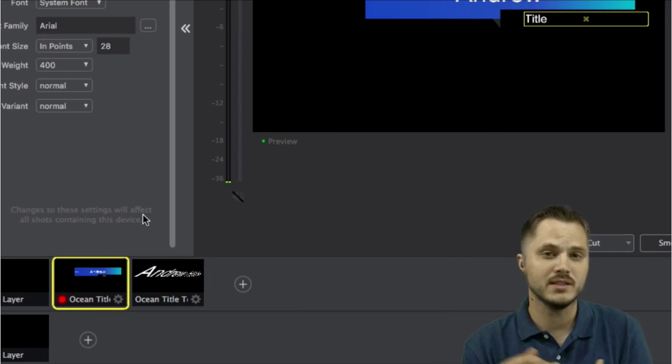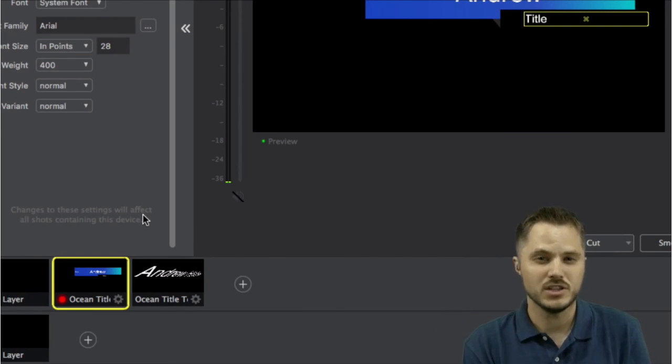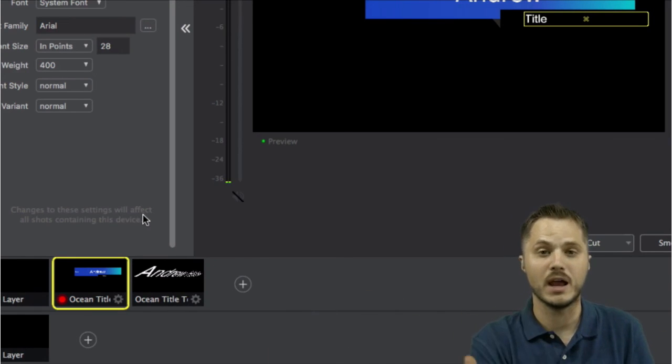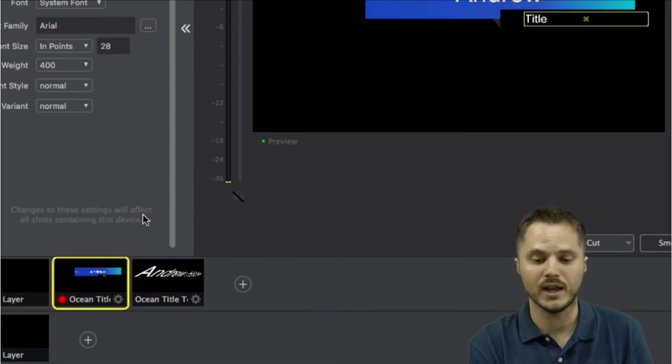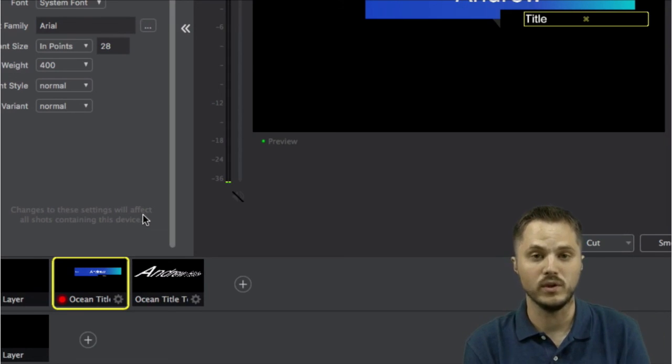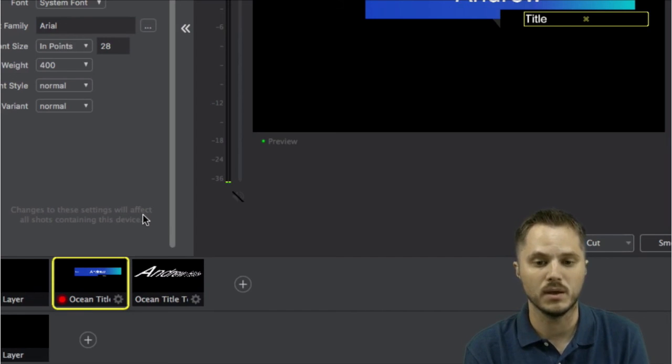All the source settings in the source settings window in 6 and below, anything you changed in there was going to affect actual shots, because you're actually now messing with the underlying content or source that Wirecast is using for all of those shots. And those sources and those settings are global and will instantly affect any shot that's happening.